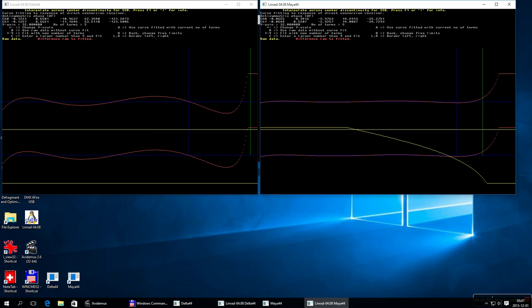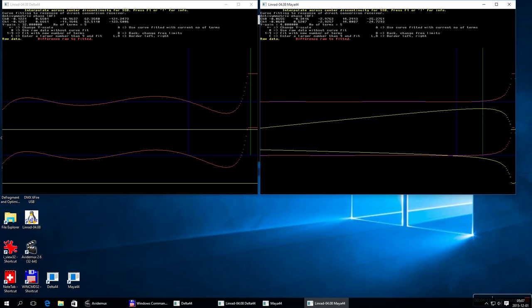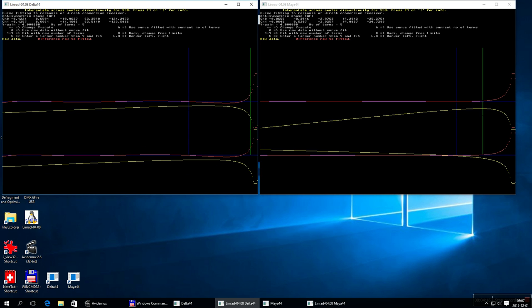But you can see near the edge, the red curve starts earlier in the Maya44. I press minus to see better 3 times, and here minus 3 times. There is some difference,